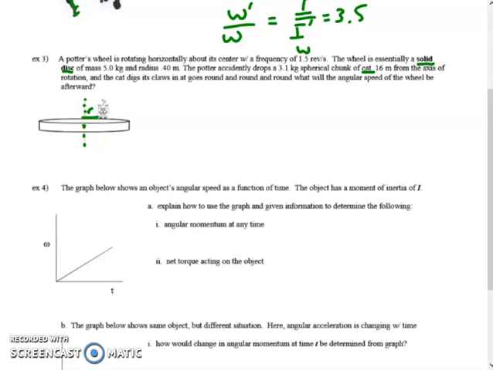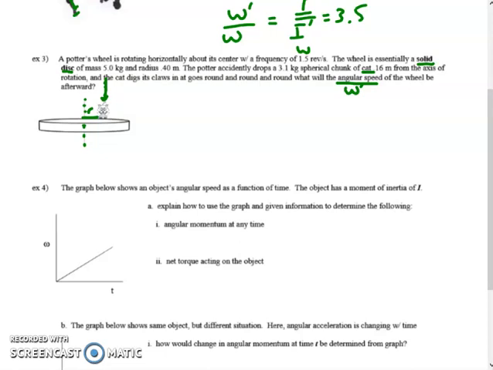Okay? And the cat digs in its claws so it doesn't go flying off and goes round and round and round. So we can then ask, what's the angular speed of the wheel? That's omega prime, once the cat has fallen on there. Okay, so let's figure out, why would it change at all, if at all? So when we drop the cat from above, that's assumed there, okay, when it hits, it exerts a force, and since it's off an R,